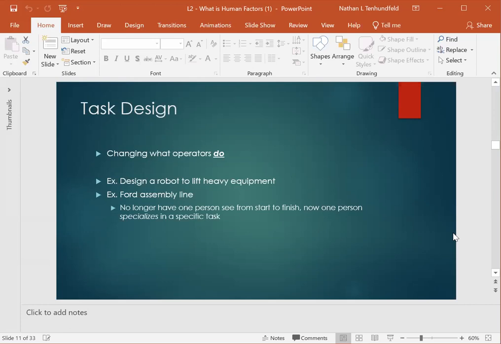So let's say in my widget shop, we've had a lot of issues with low back problems. And we've decided that based off the data, it's probably from lifting this one heavy piece of raw material. And so now what we're going to do is make sure that the operators don't actually have to lift that heavy raw material. So the designing of a robot can fit in with this task design, but it'll also fit in with the equipment design in just a minute. But also thinking about